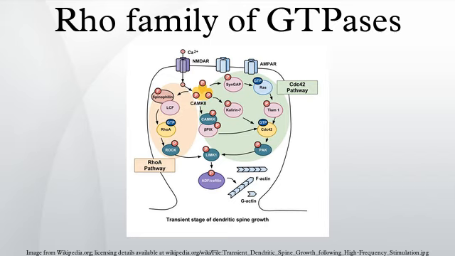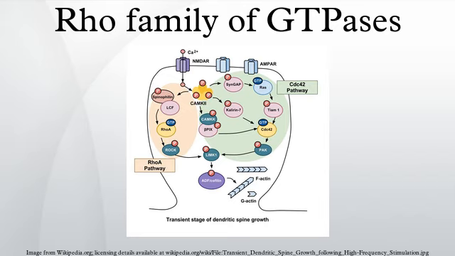Because changes in the shape and size of dendritic spines are correlated with the strength of excitatory synaptic connections and heavily depend on remodeling of its underlying actin cytoskeleton, the specific mechanisms of actin regulation, and therefore the Rho family of GTPases, are integral to the formation, maturation, and plasticity of dendritic spines and to learning and memory.